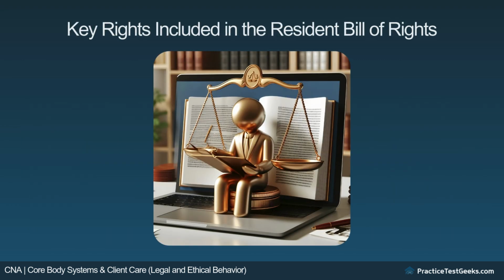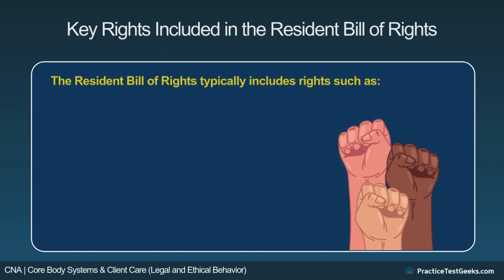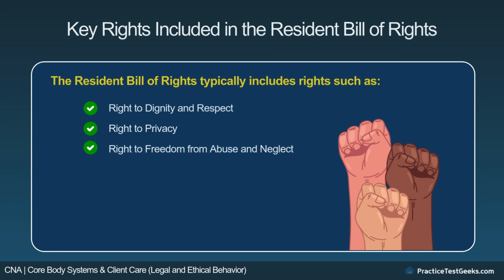Key rights included in the Resident Bill of Rights. A Resident Bill of Rights typically includes rights such as the right to dignity and respect, being treated as an individual with respect and without discrimination; the right to privacy, confidentiality of personal and medical information; the right to freedom from abuse and neglect,